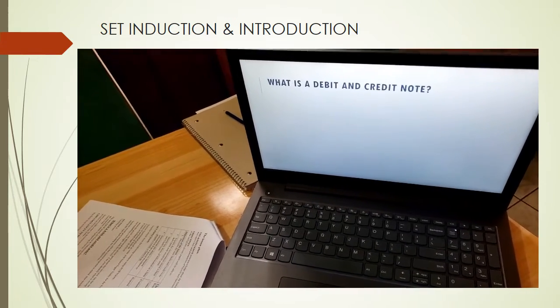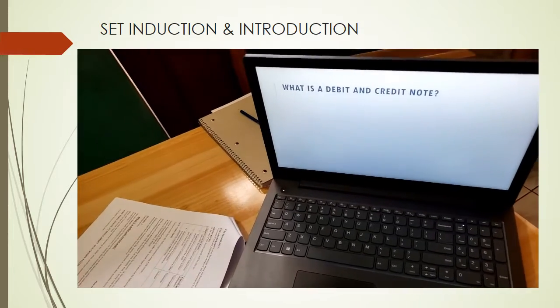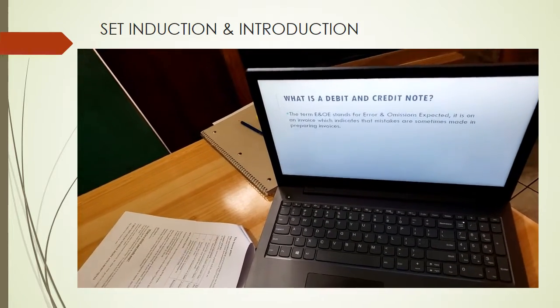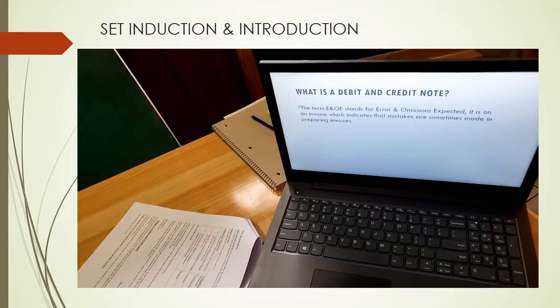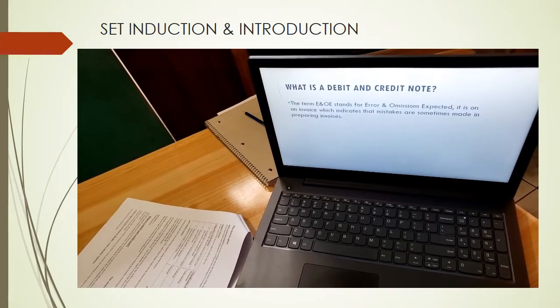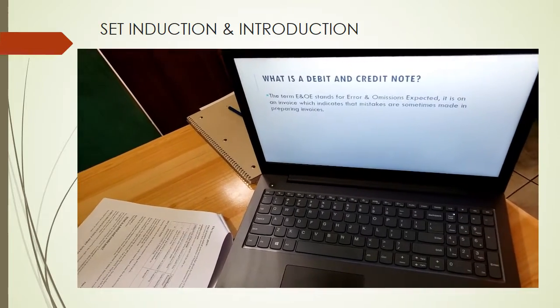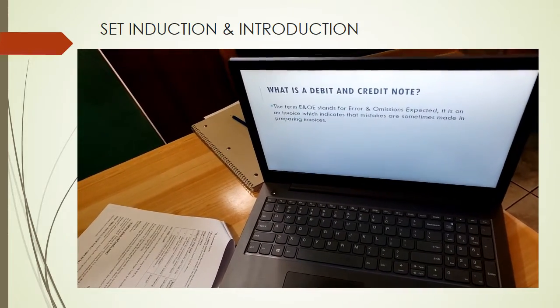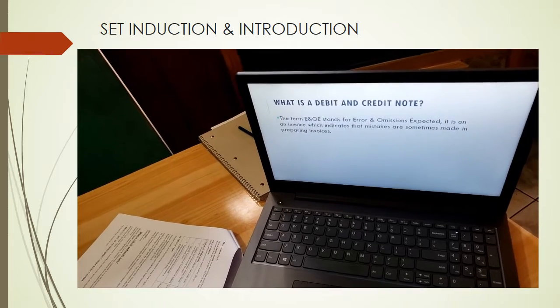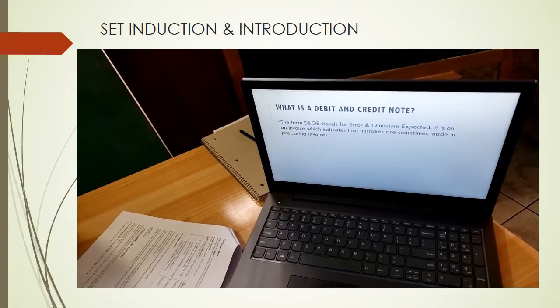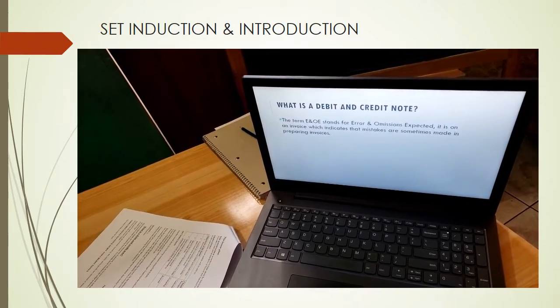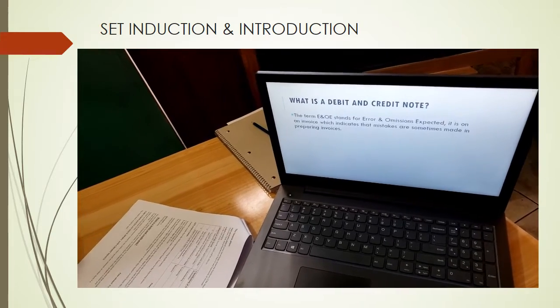Okay? So as we were saying before, the term that we just looked at, EO&E, stands for errors and omissions expected. It is on an invoice to indicate that mistakes are sometimes made when you prepare an invoice. So in order, as we said before, to rectify that situation, we prepare what we refer to as a debit and a credit note. So question to you all is,